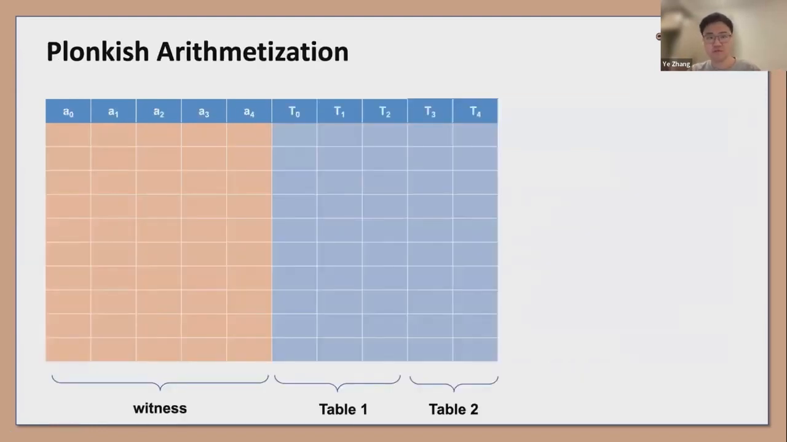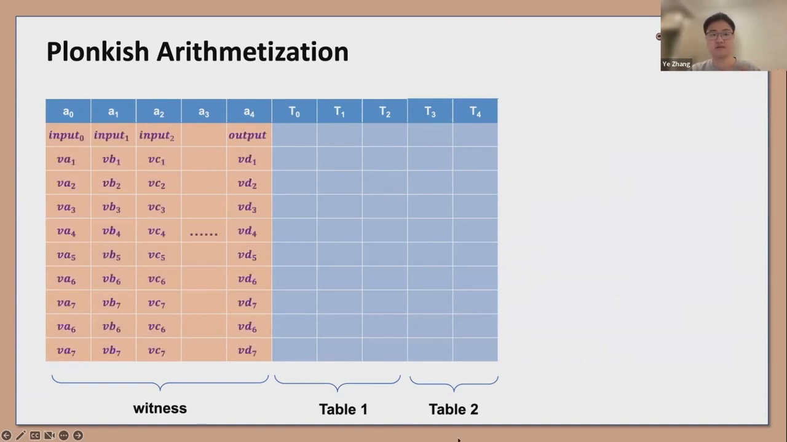For Plonkish arithmetization, it's actually quite different. You are not laying out all your variables and intermediate values in a vector, but instead you use a table. You can configure this table to have, for example, multiple columns, and we divide that into witness and some table columns. Then you can put all the values you use while computing this program here, like you can put your input here, and you